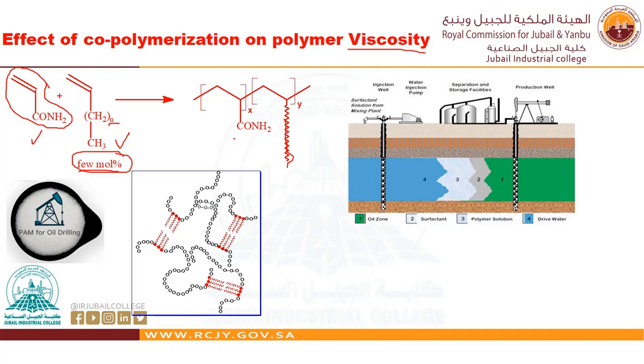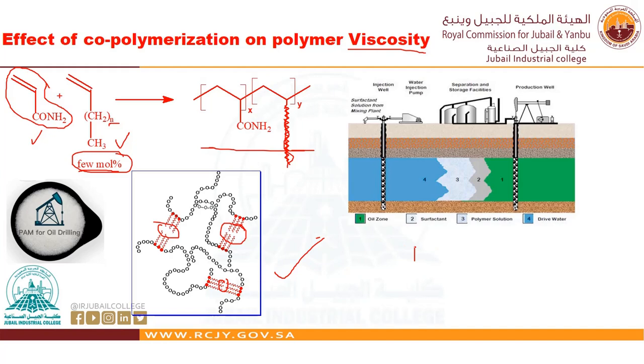So if you carry out this copolymerization, you end up with a copolymer that has a hydrophobic part here, which will increase viscosity. How does it increase viscosity? The hydrophobic groups in the polymer solution can interact with each other and therefore increase the viscosity of the polymer solution. And that is why this kind of copolymer is used